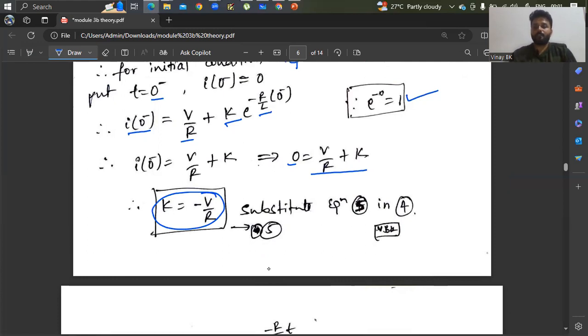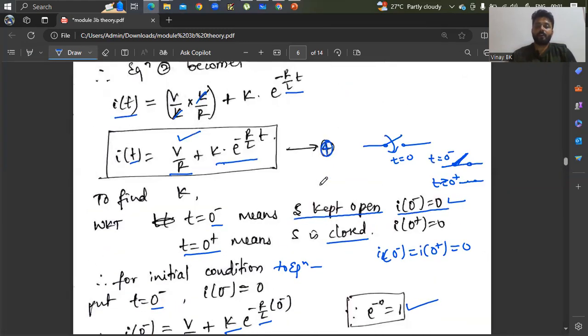Okay, to find the value of k, you substitute t equals 0 minus. Once you know the value of k, substitute it in equation 4. What does equation 4 say? I of t, substitute the value of k. k is minus v by r. So after substituting here, I of t equals v by r